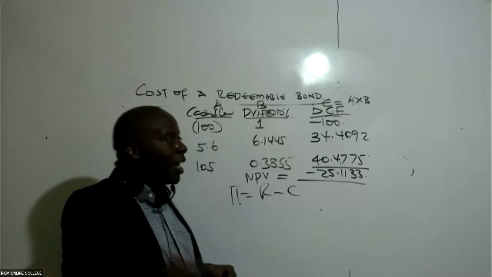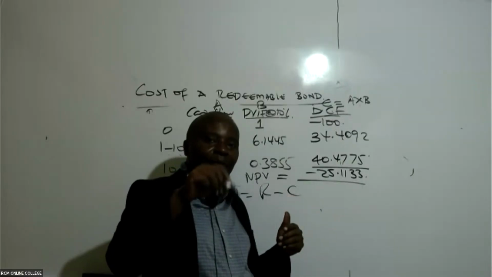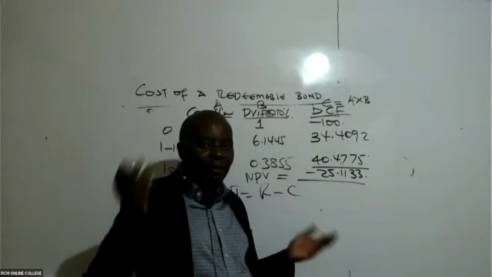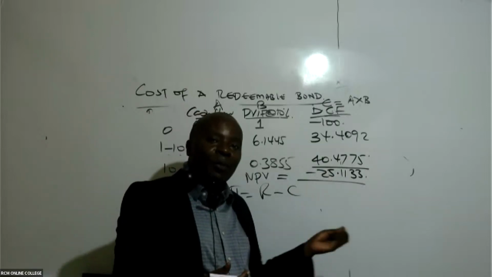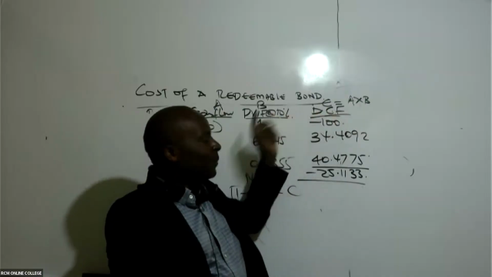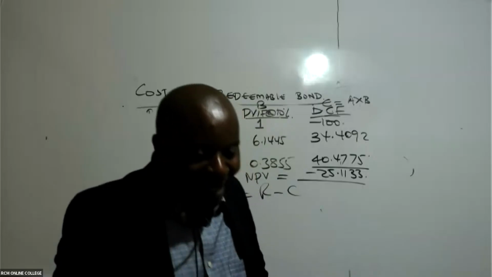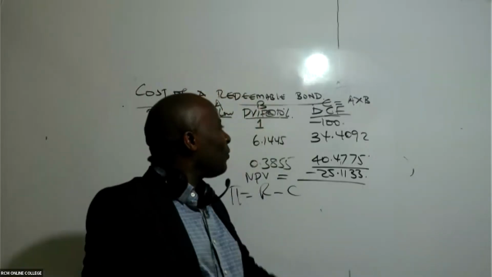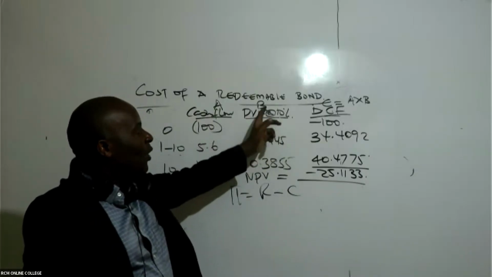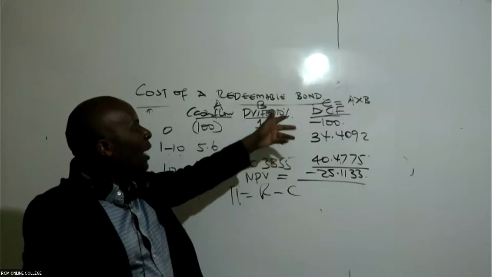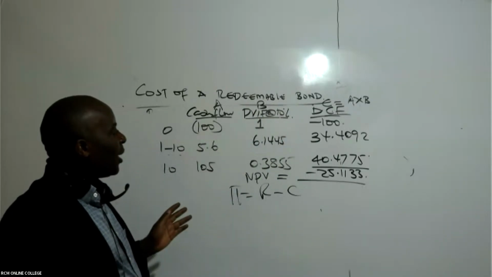I agree with you. Assuming this was to be positive 25, if it was positive, then to make it negative, I would have gone double. But here for sure, if you want a positive net present value, I have to lower this 10%. Yeah, half. You simply divide. Because I know I'm going to lower this 10% to something, I'll divide it by 2. When I'm increasing, I multiply with the 2. When I'm going down, I divide by 2.